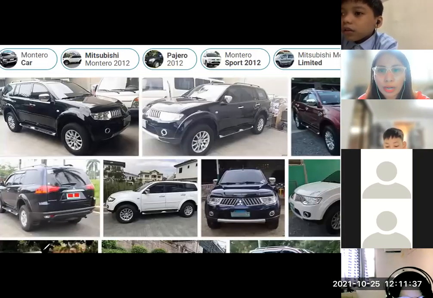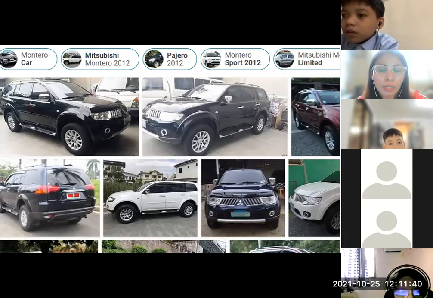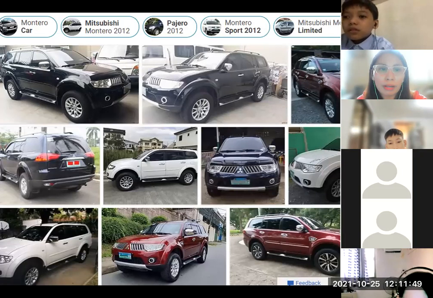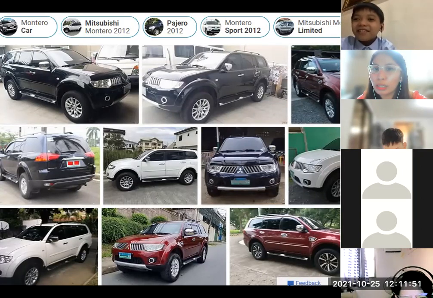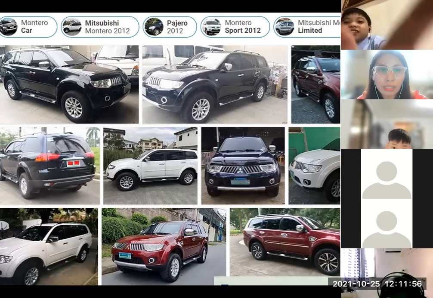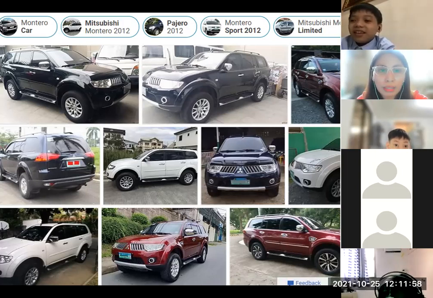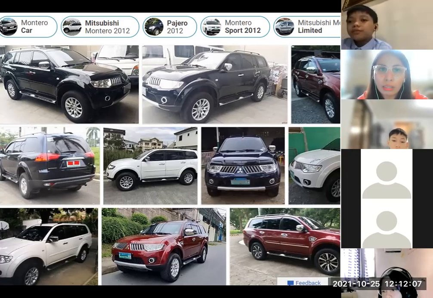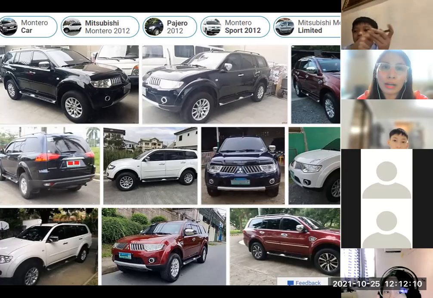And if you are wondering what a Montero is, Mitsubishi Montero 2012, it's like this. So as you can see, if you have the same vehicle, so you already know that the Montero 2012 is a Mitsubishi brand. Okay. So if you are going to sell a car, a Mitsubishi Montero car,